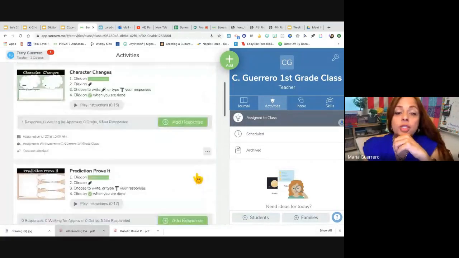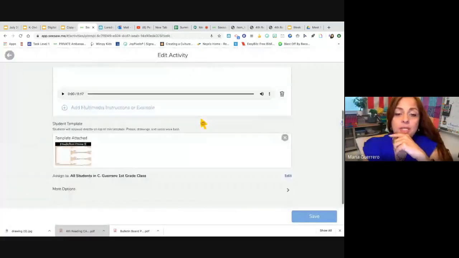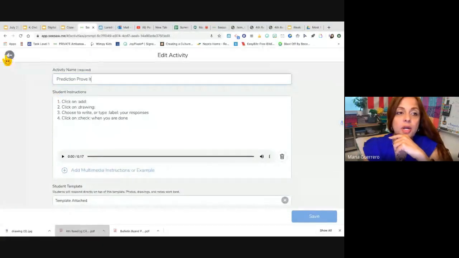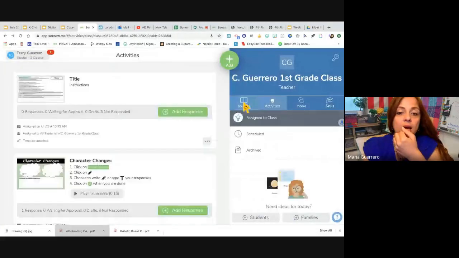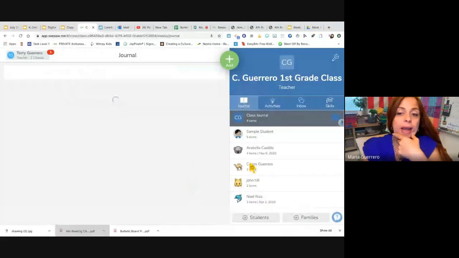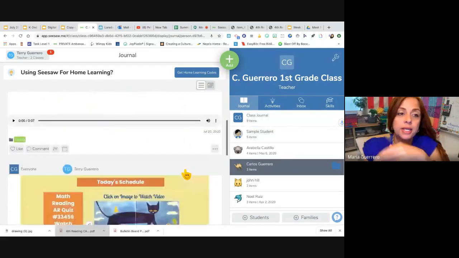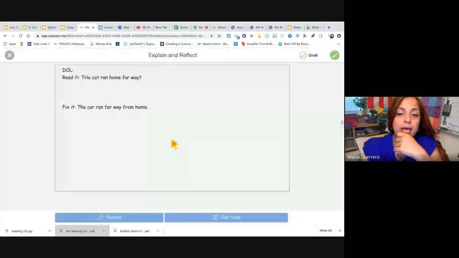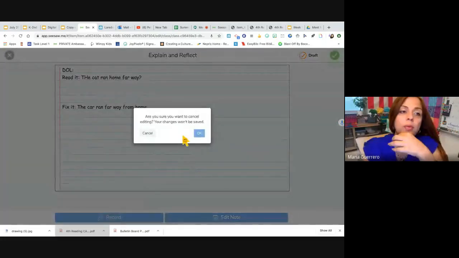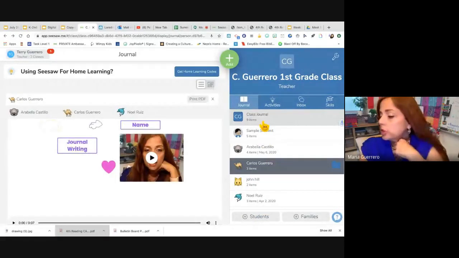It's going to end up in journal when the students finish their assignment. I can always edit inside of activities, but this is just editing the entire questioning or layout of the thing. But when I want to grade them, I think a good practice is to come into journal and go to the actual student. And then from seeing his assignments or his items, you can come into that feature that you showcased earlier and edit that item. And so here was a DOL, correct this sentence, and I can say, okay, great job, or whatever at that point. So I guess you could do it in both, but I think a good practice would be to do it in the journal to give them their digital